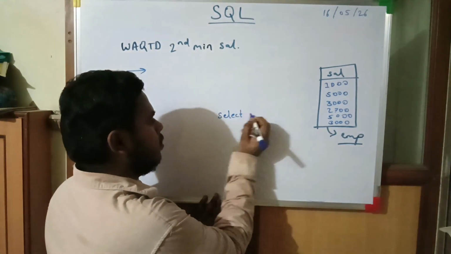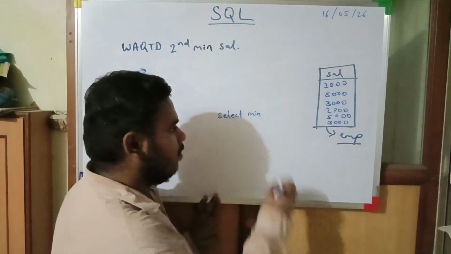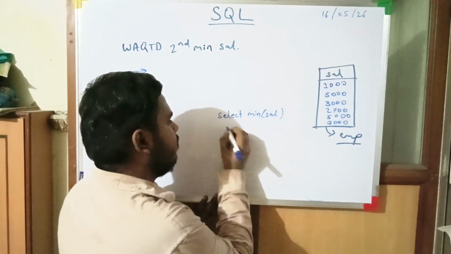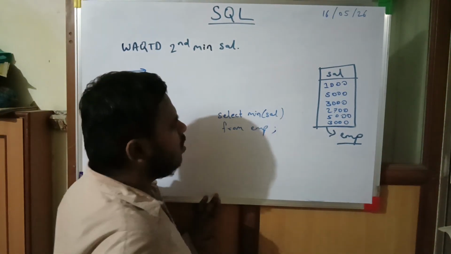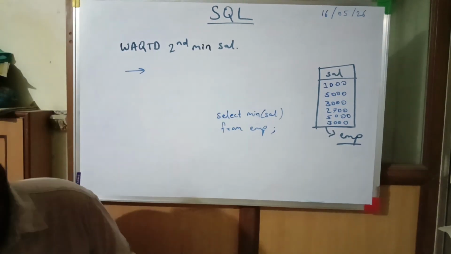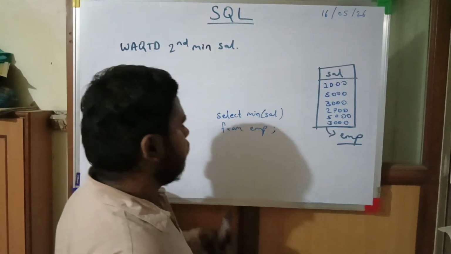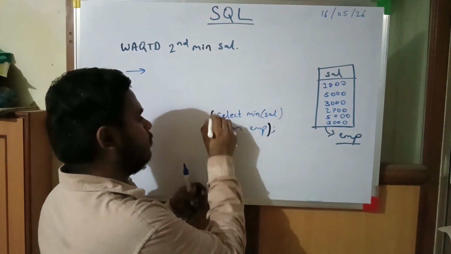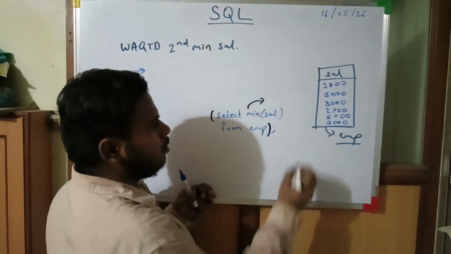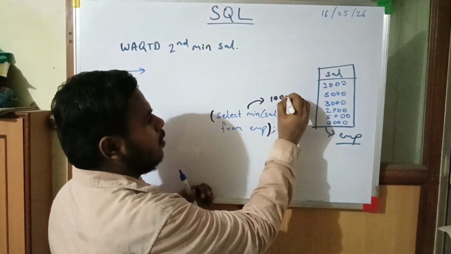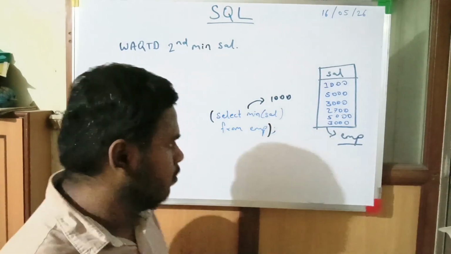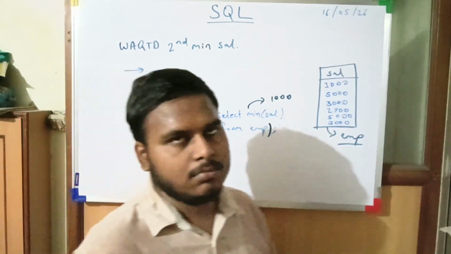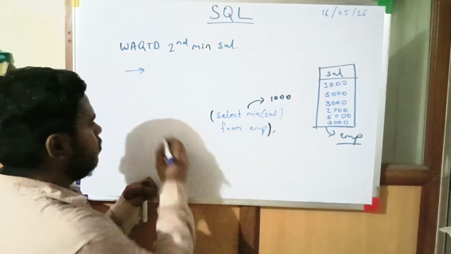Select min of sal from here. Now here, what is the minimum salary we will get in the inner query? Okay, this is the inner query. This will give you the output. Minimum salary is 1000. I need to filter out. Comparison is done on same columns or same data type if required. For now, same column where